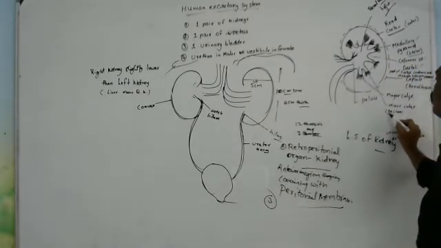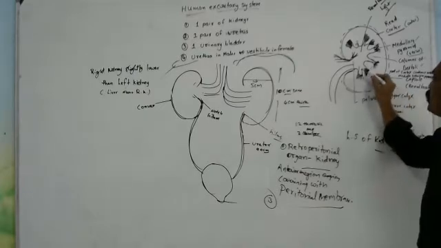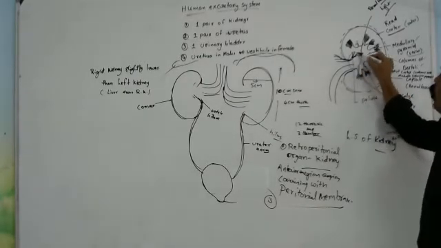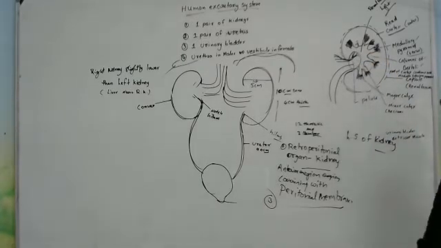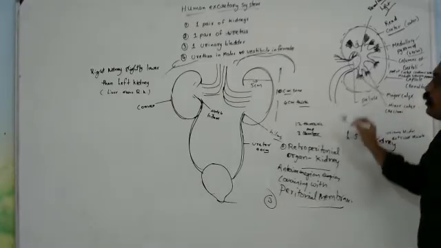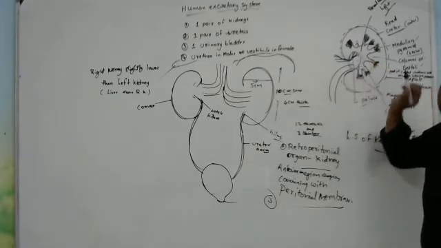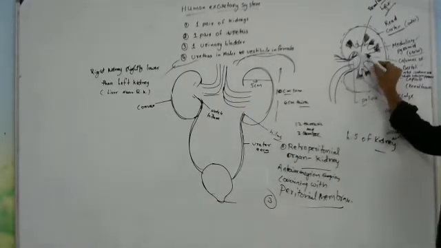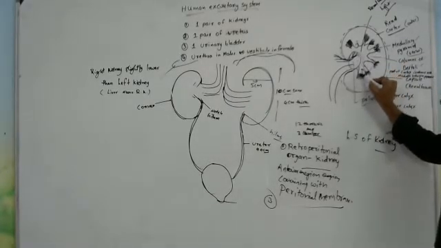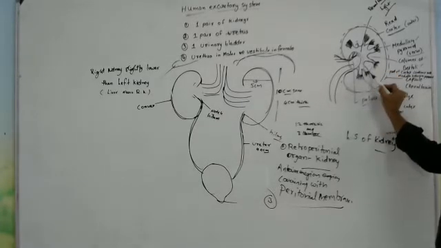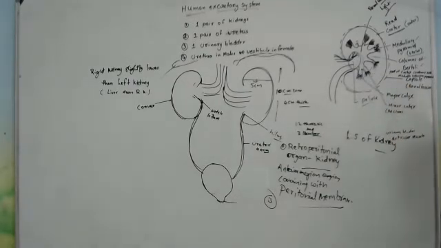And the second part: these pyramids open into minor calyces and major calyces, attached with minor and major calyces. The region where they open we can call the calyx region, and that region we can call the pelvis region, or hilum, or hilus. In the pelvic region, it is extended into minor and major calyces. Minor calyces receive the urine from the medullary pyramids.